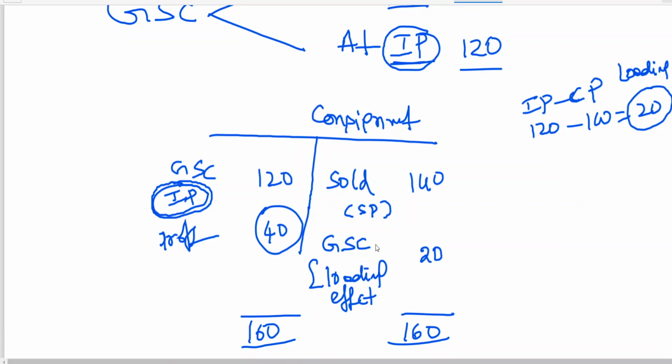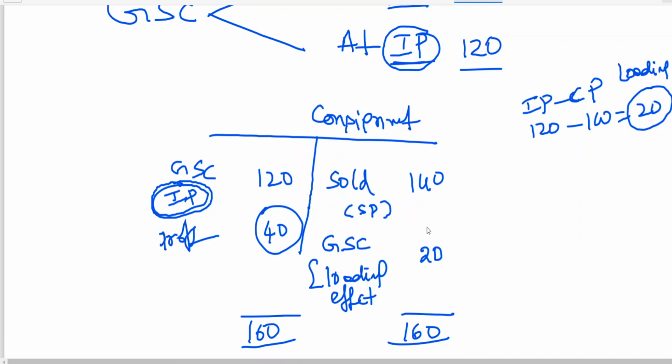So generally the loading effect will be there. This particular loading effect concept in the consignment chapter you are learning, and in branch accounts and department accounts, CA Inter. These two things, branch accounts and department accounts, are very important in CA Inter, Group 1 Financial Accounting. This concept is really very, very important. Okay, we will discuss that later on. Now I am just giving you a hint, the removal of loading effect.